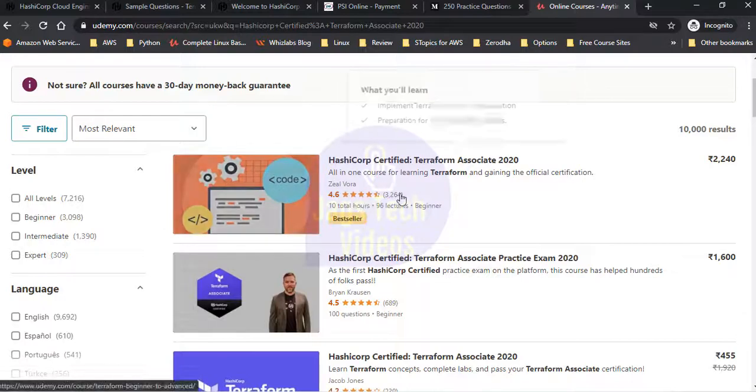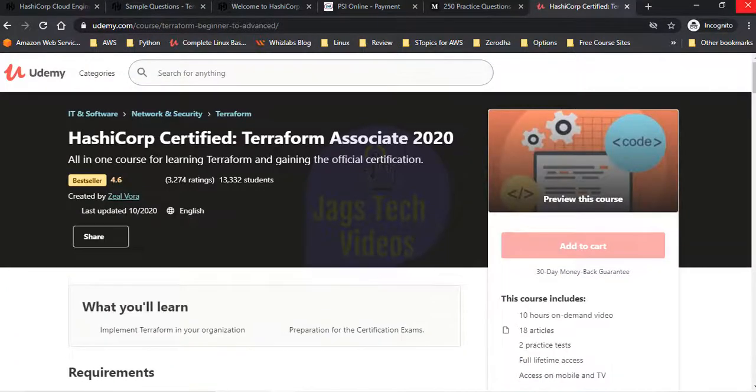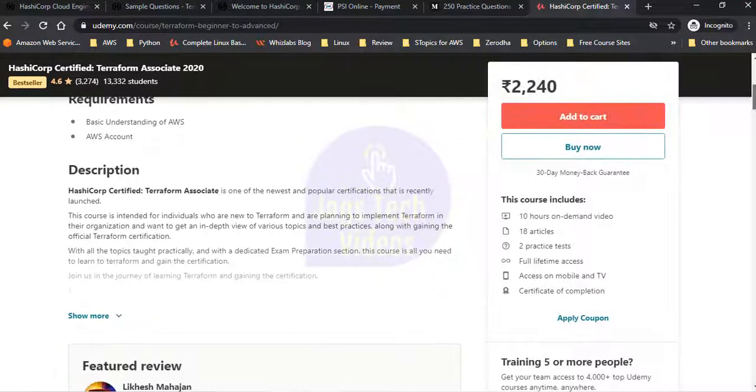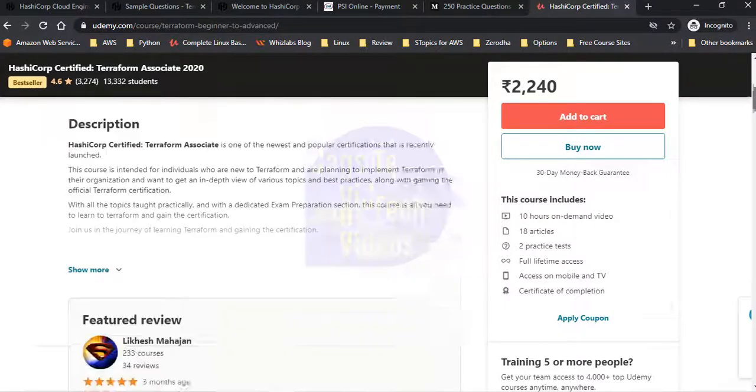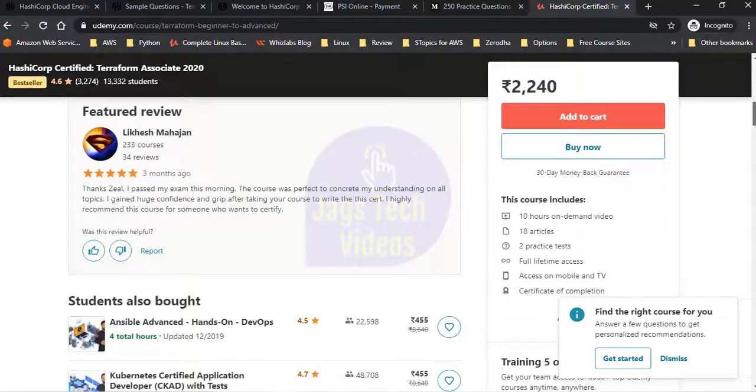The cost of the course is around some rupees. There is no other way, you will need to purchase the course. This is a very useful course. If you are a complete beginner and you definitely want to get the certification, you can go through this course